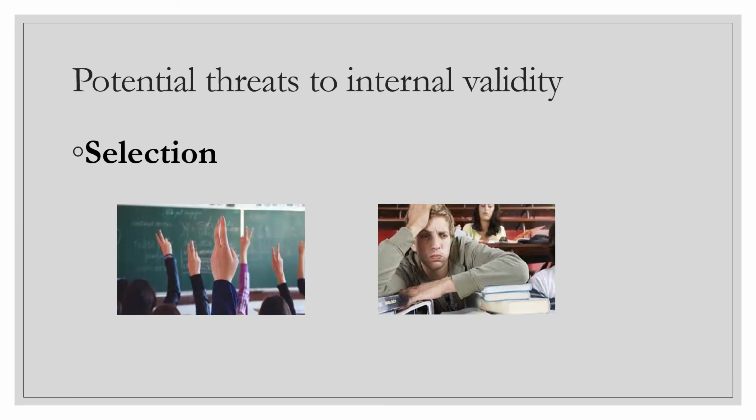The sixth threat is selection, which is a bias that exists in how members of different groups in a study are chosen. For example, when recruiting college students for a study, a researcher might put all students enrolled in an 8 a.m. class in one treatment group and all students enrolled in a 2 p.m. class in another treatment group. Now, students who are taking the early morning class might be different in some significant way. For example, they might be more active than those taking the afternoon class, and that will affect the research data as well.